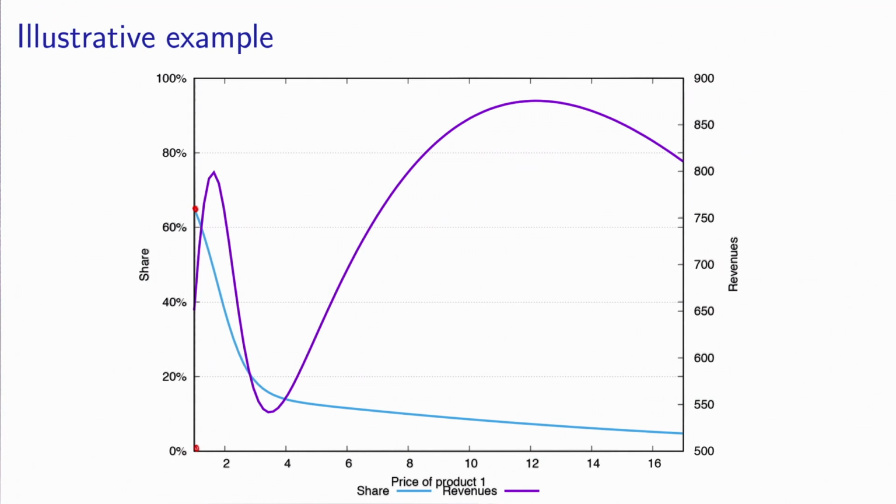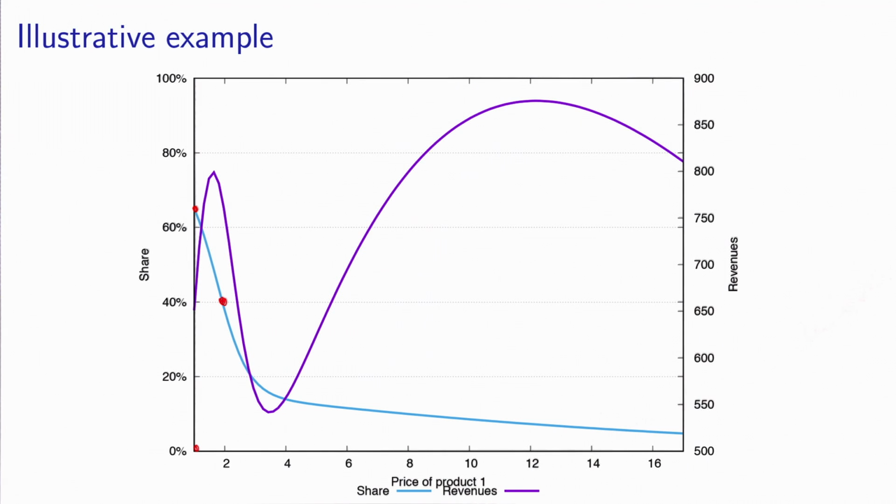I remember the constant was negative, so everything else being equal, people prefer the competition. And actually, if I put the same price as the competition, price 2, I get something like 40% of the market share. So this is consistent with my model. And as expected, when the price increases, the market share decreases monotonically. The more expensive my item is, the less attractive it is on the market, and therefore the lower the market share. Now let's look at the revenues.